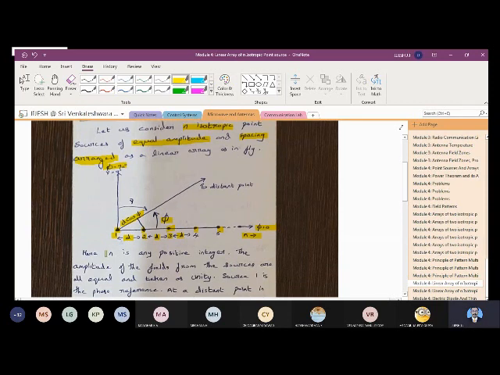Here we can see that n is any positive integer, as I have mentioned before; n can be 1, 2, 3 etc. The amplitudes of the fields from the sources are equal and taken as unity. That I have also discussed: we have to have equal amplitude. We have seen case 5, that is unequal amplitudes and all, but that is not the part we are discussing here. We are simplifying things by considering equal amplitudes.